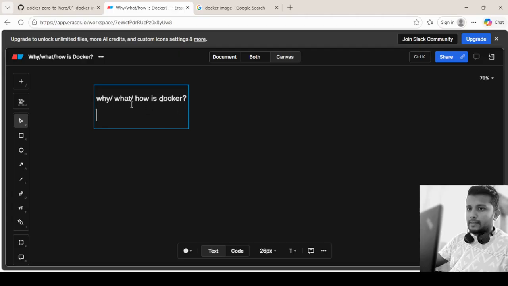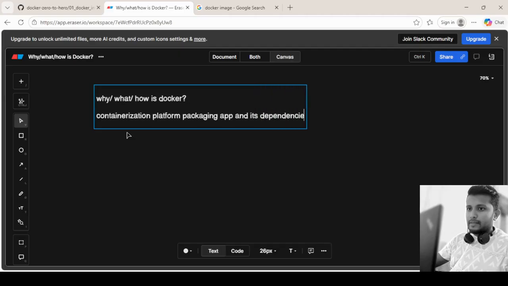Now we'll see what is Docker. Docker is a containerization platform for packaging an application and its dependencies.